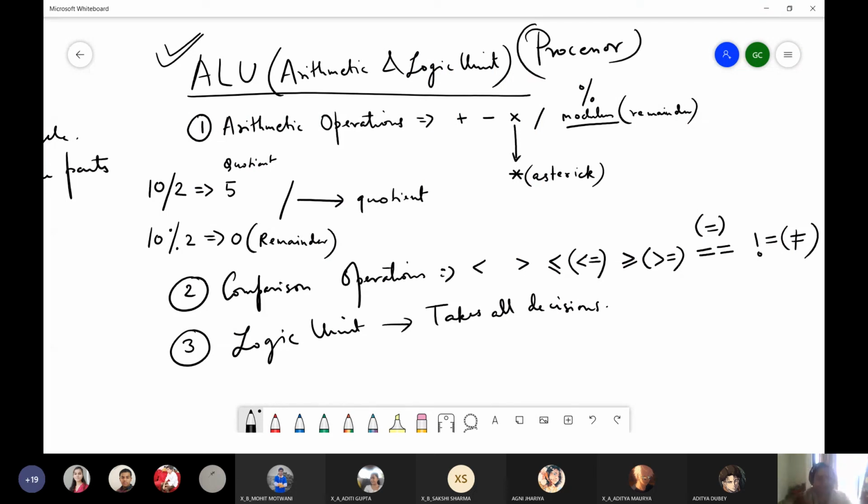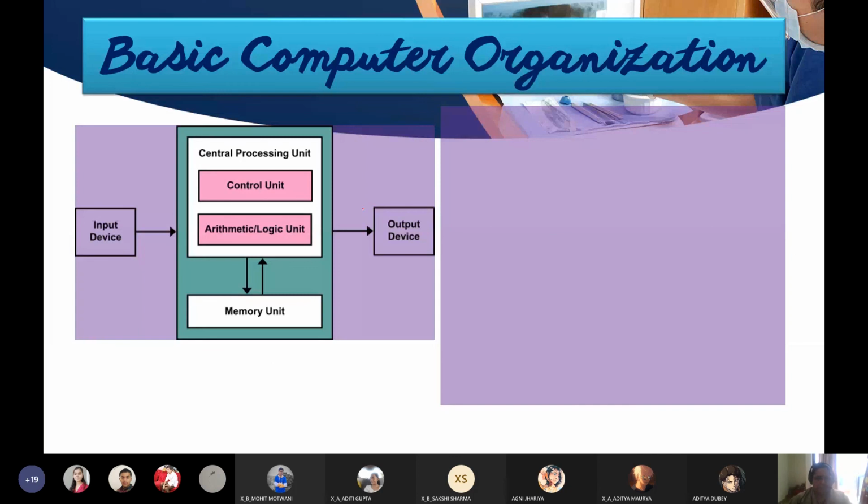When we say data is processed, either some arithmetic operation will be done on that data, or some comparison operation will be done, or some decision will be taken on that data, right? And then whatever is the result, either it is directly displayed on the output device, or it can be sent to the memory unit, right?